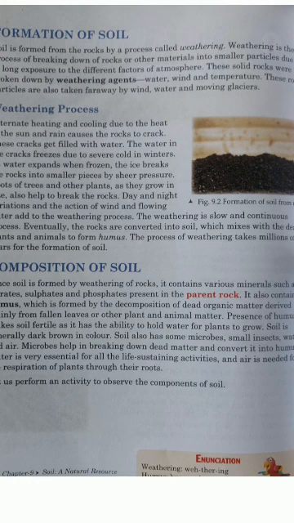Now, as far as the composition of soil is concerned, soil contains different types of minerals, like sulfates, nitrates, and phosphates. They are present in the primary rock from which the soil formation takes place. That is called the parent rock. So the richness of a specific nutrient in a soil depends on the parent rock from which it was formed.